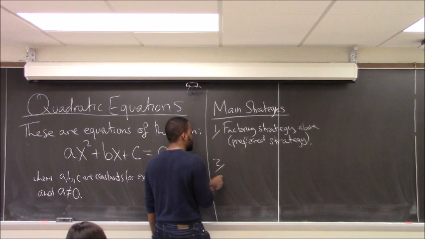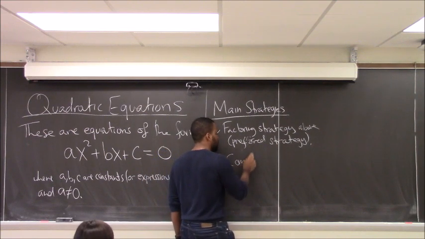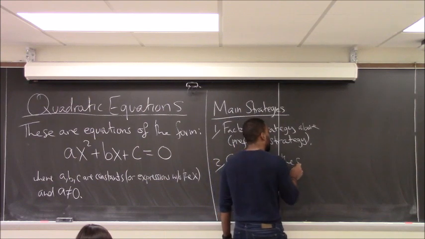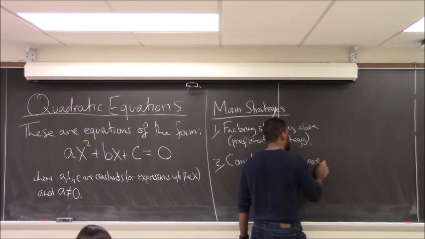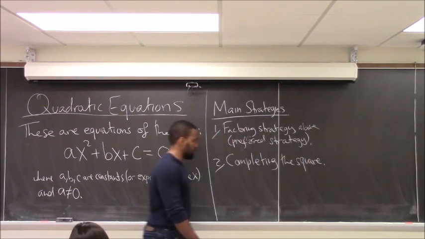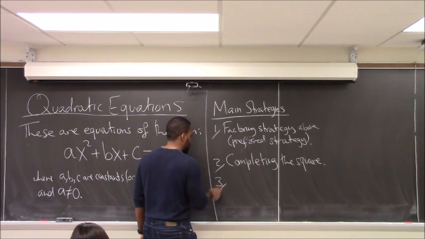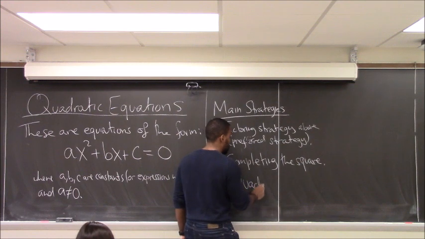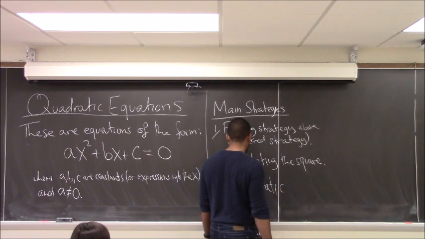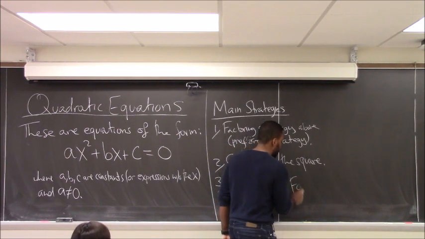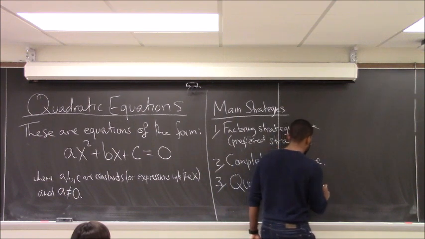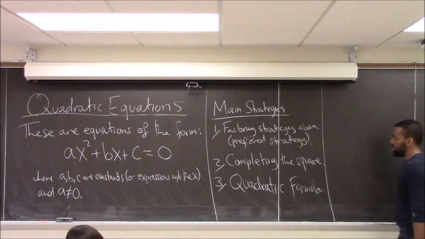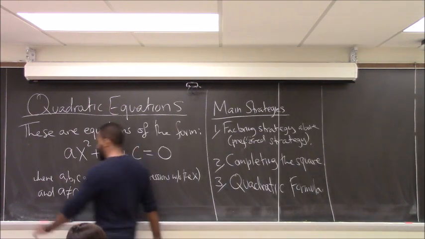Another option is something called completing the square, which we will be talking about in its own right, at least when I talk about circles. We're not going to do that much for solving quadratics. The third thing is to use something called the quadratic formula, which is in fact derived via completing the square. So I'll probably do that for you. So those are the three main strategies, and I would